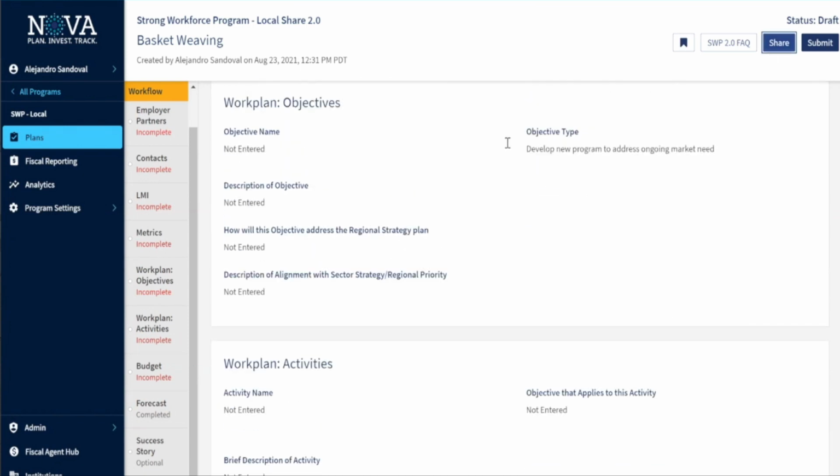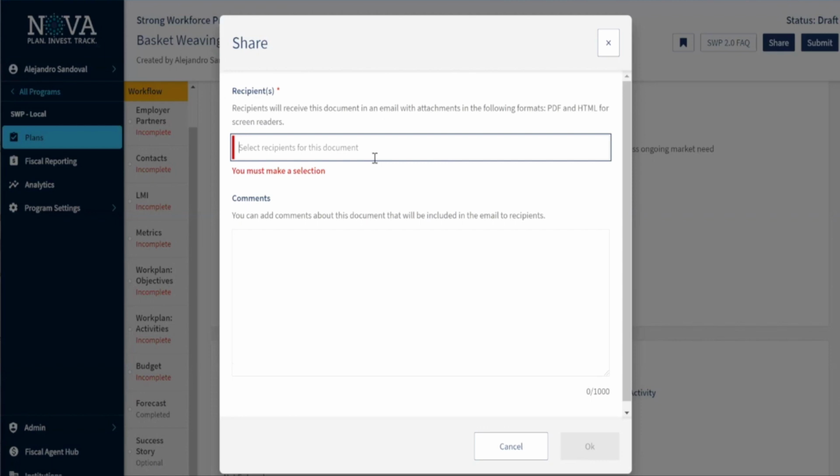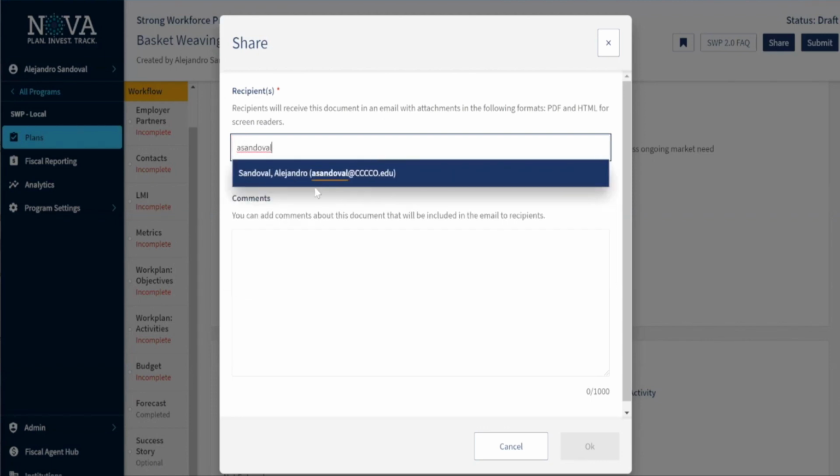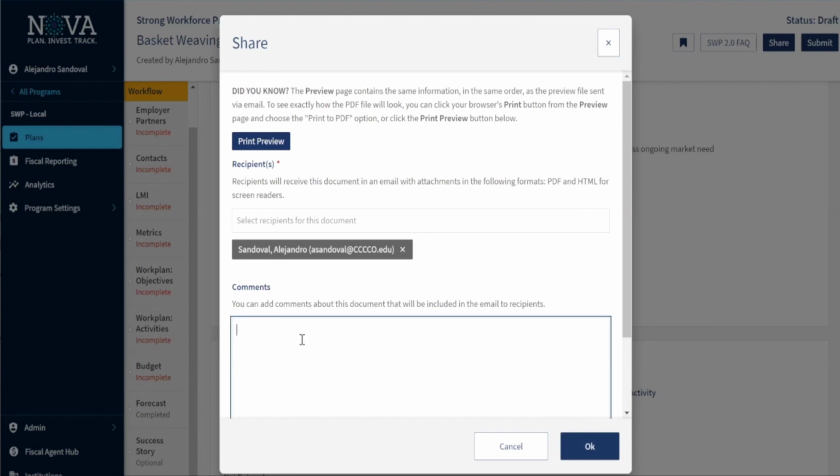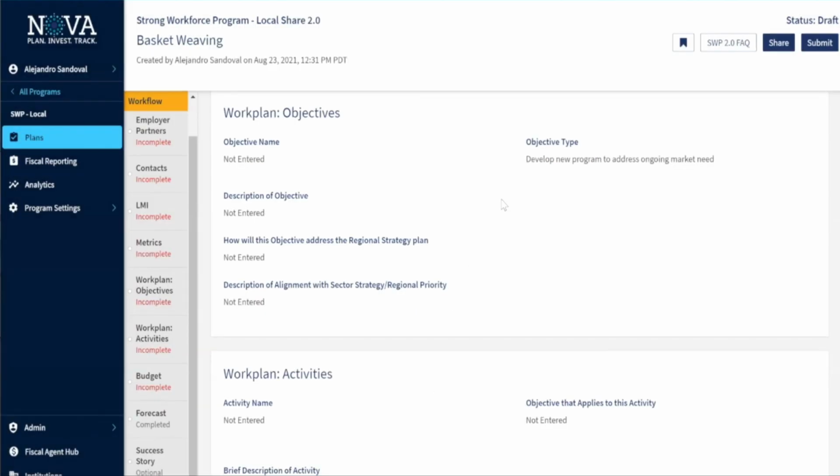You're still allowed to share to a recipient, and share that plan with your colleagues before you submit the plan.